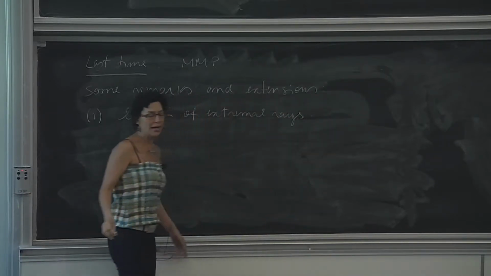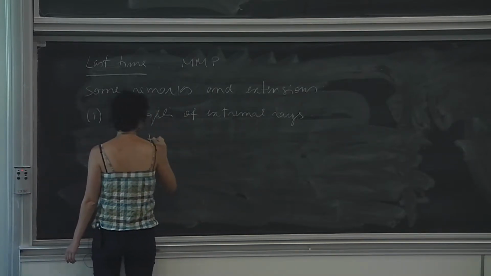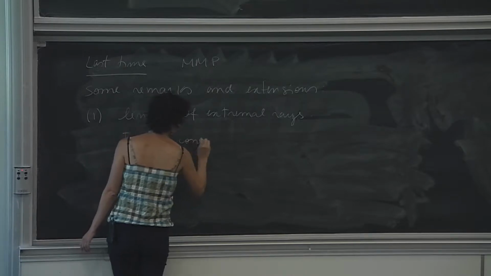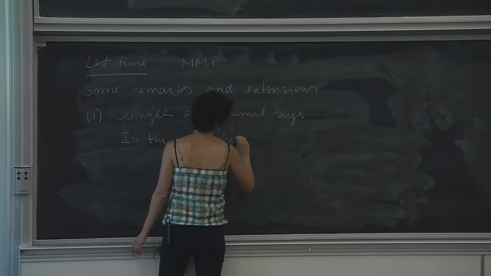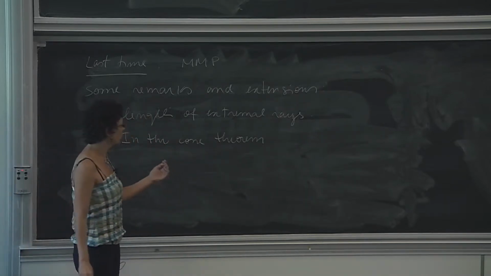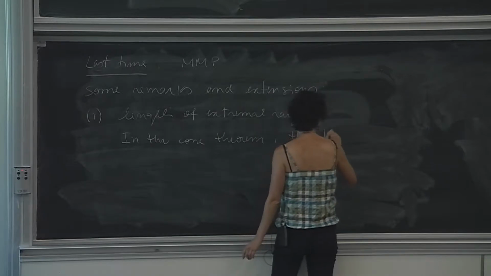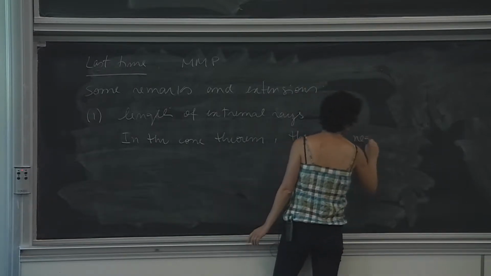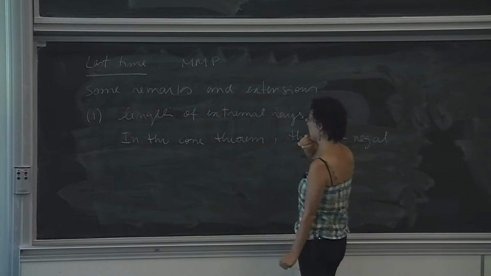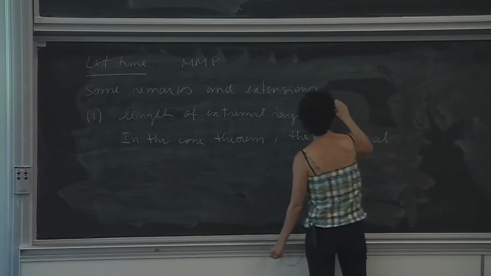Let me remind you that in the cone theorem, we saw that on the negative part of the cone, where K_X is negative, let's say in the case X smooth,